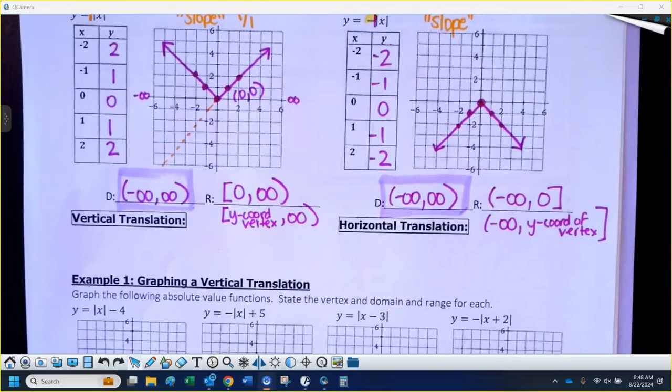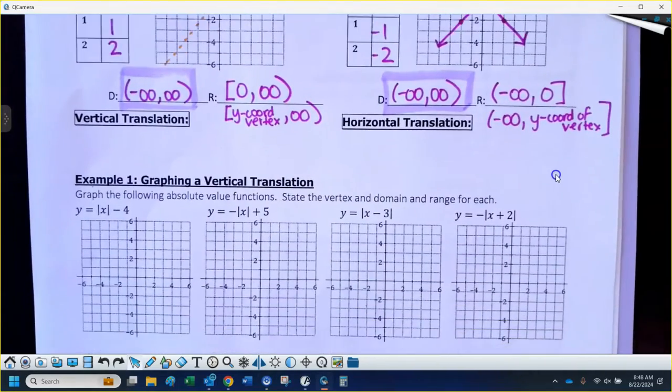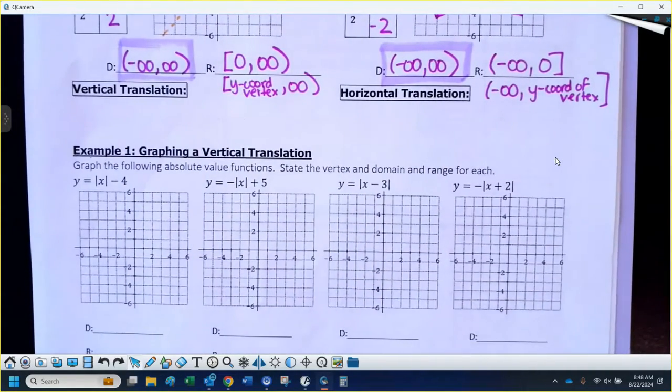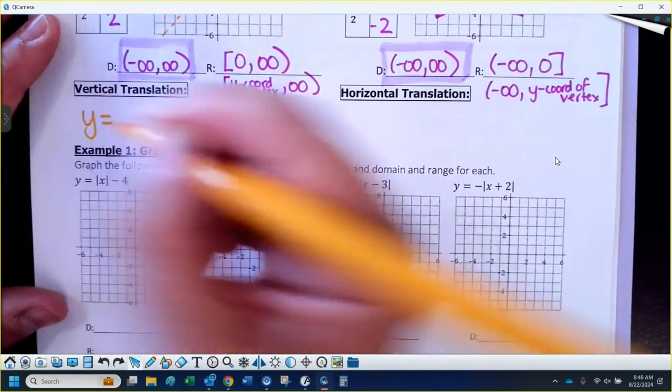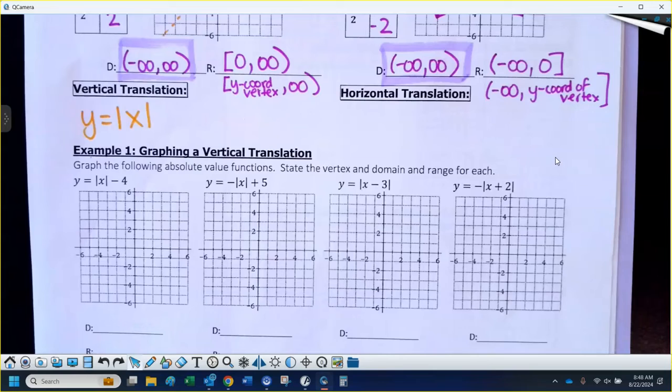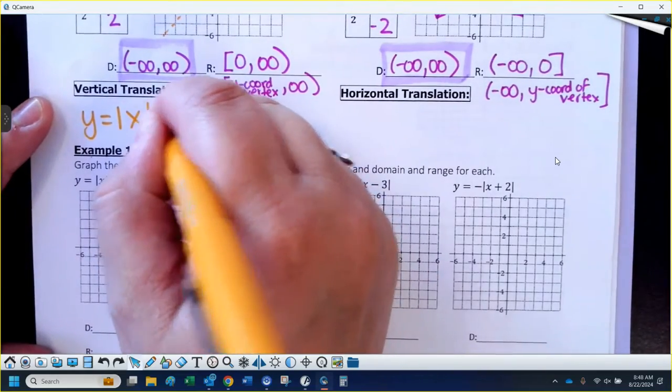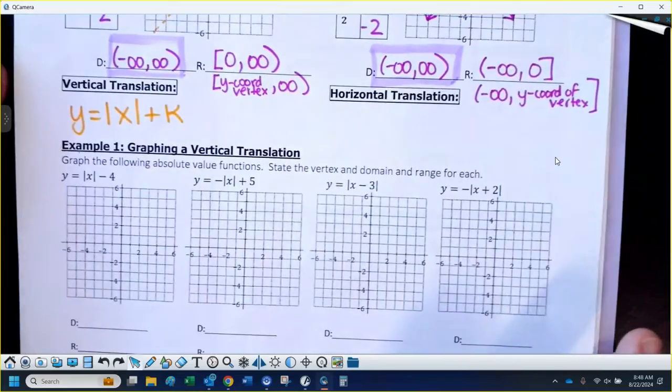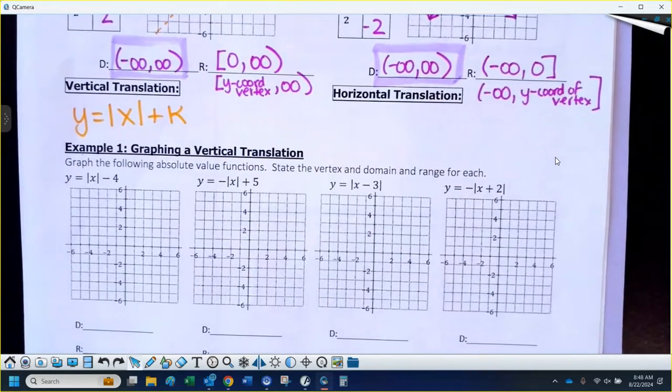Now, we're going to shift these graphs around a little bit. So I'm going to give you two. And the first one's just a vertical translation. So let me give you a basic example. So vertical translation, I'm going to have y equals absolute value of x. And then you'll see these letters all throughout the semester. They use them for all different shifting of quadratics, radical, everything we use it for. For today, absolute value. I'm going to put plus k, letter k, outside